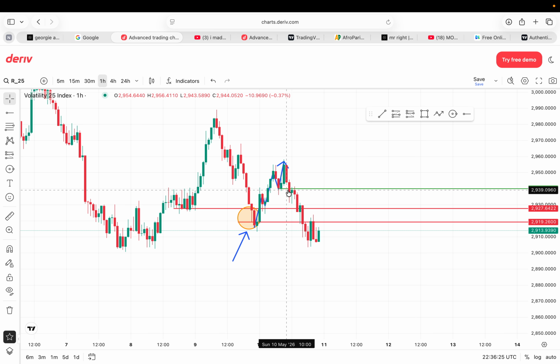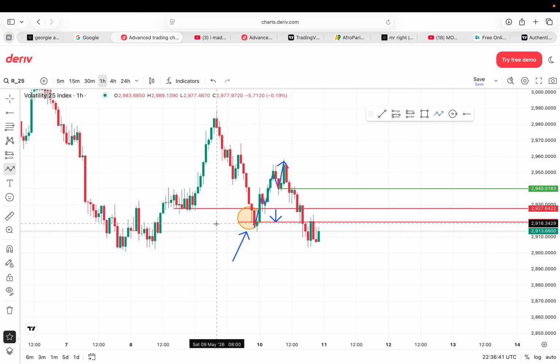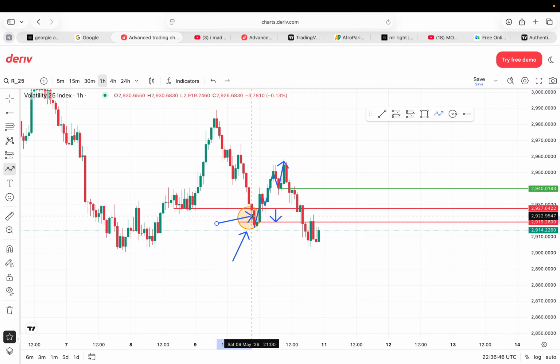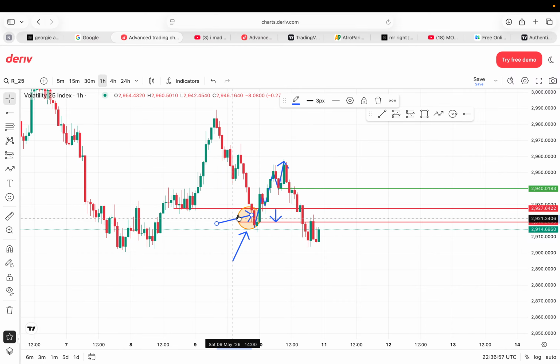But that one is still not giving me the guarantee to jump into the trade immediately. I have to wait for the market to get inside this box. Remember, inside this zone, that is where we can run freely. Why? Because the market has shown us that it did something like that when price was in that zone. So me waiting for price to get to that zone, I'm expecting price to do the same thing that it did the last time, which is this here.